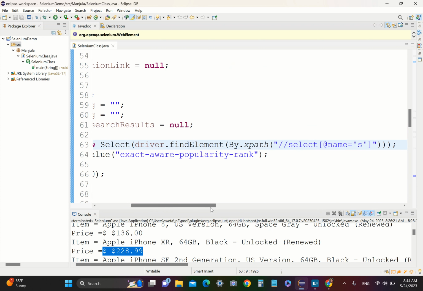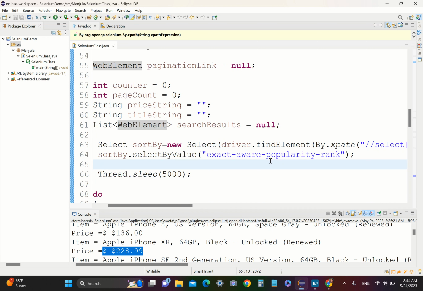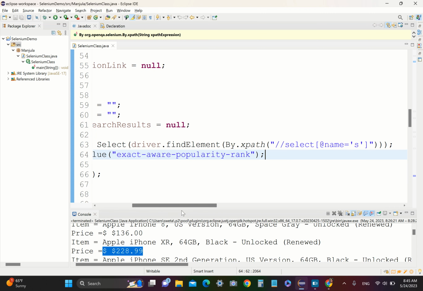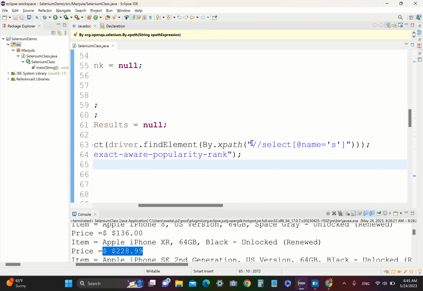So let's see what's going on here. First, we want to set the sort. Here I have used XPath. For those of you who are not familiar, you might want to watch that video on XPaths a little closer. XPath is basically a way to navigate. So here we want to get the select item with the name s. So let's find that. If this is the XPath,